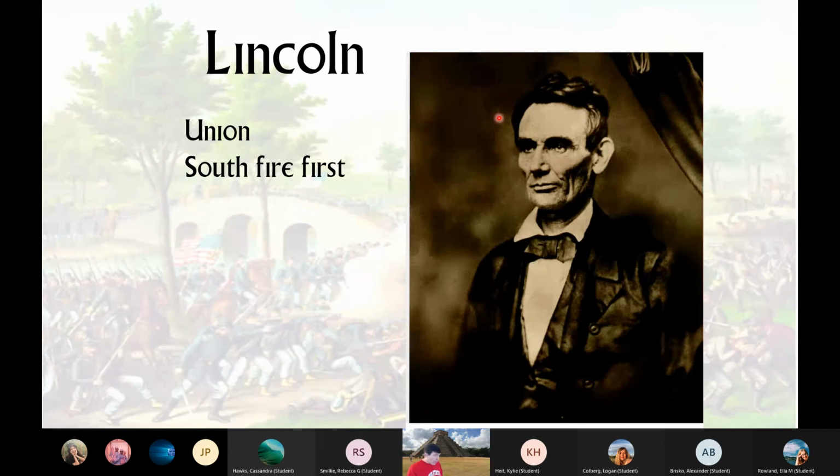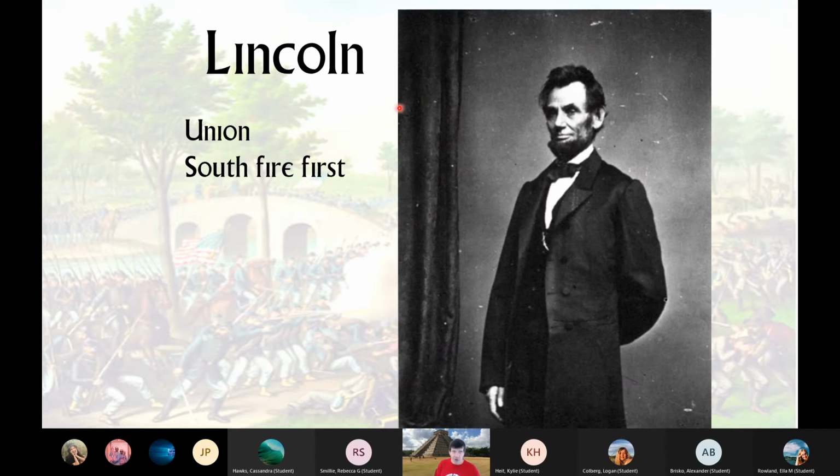Now, don't forget, the war is about the Southern view. They must protect slavery. Yet Lincoln is scared to do this. And yes, it was a 13-year-old girl who wrote Lincoln a letter after he was elected president saying, you would look better with a beard. So he grew a beard.